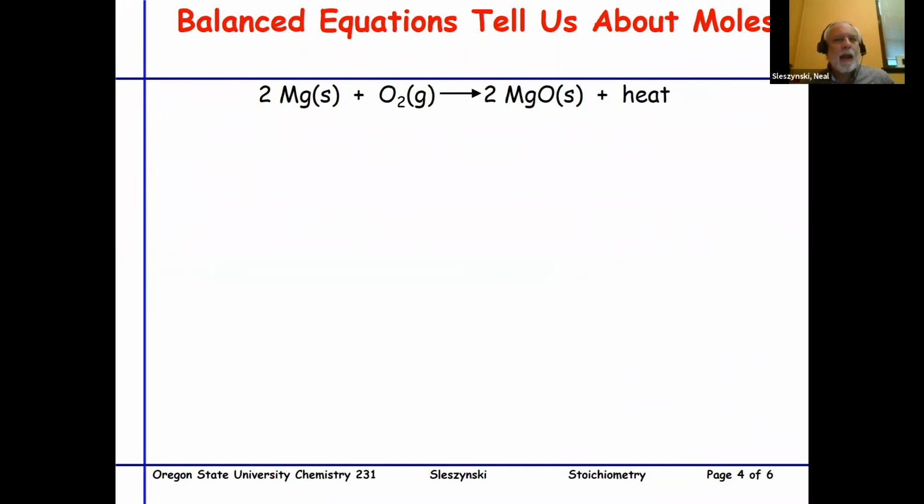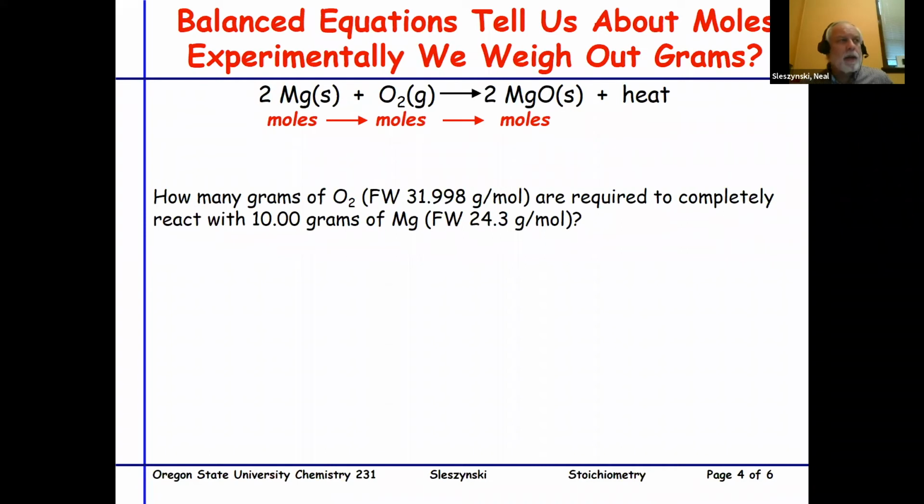Well, a balanced chemical reaction tells us about moles. So we should remember that this tells us moles of magnesium reacting with moles of oxygen to produce moles of magnesium oxide. But in the laboratory, we weigh out on the balance grams and work with gram amounts of materials. So if we ask ourselves the question, how many moles of oxygen are required to completely react with 10 grams of magnesium? The only way we can find that out using a balanced chemical reaction is by drawing ourselves a